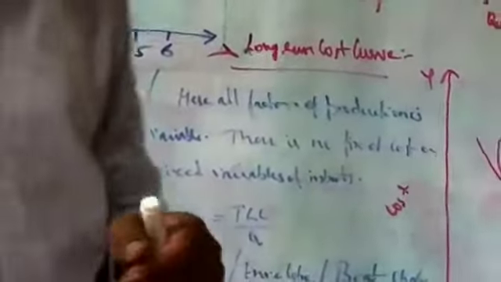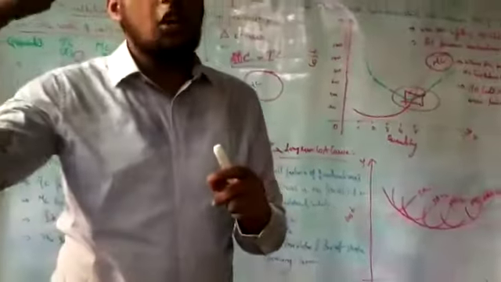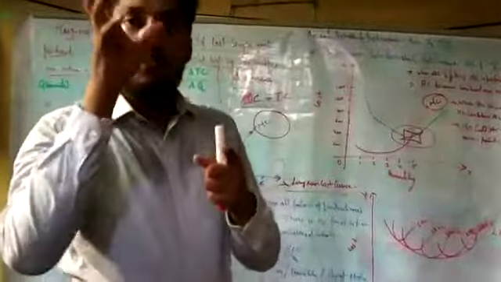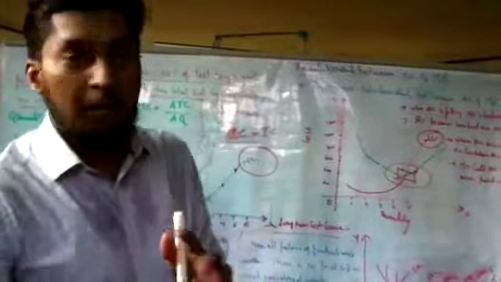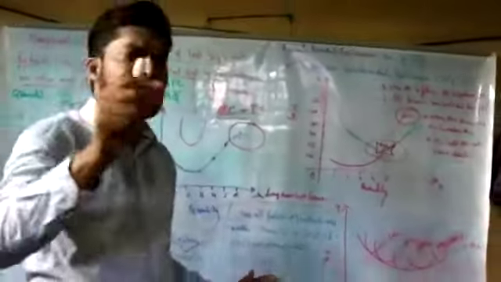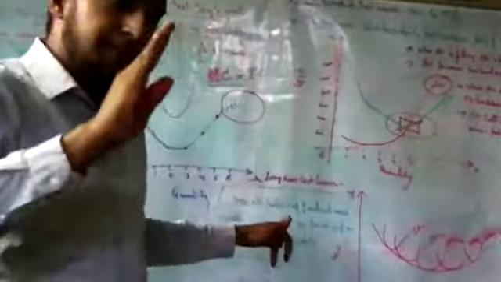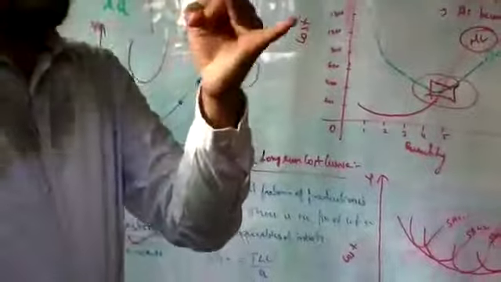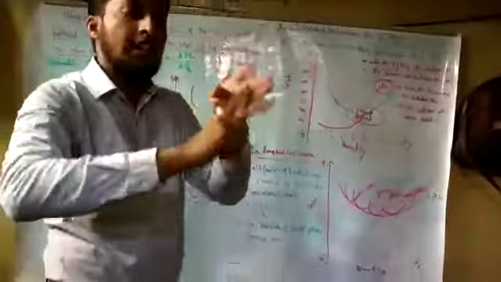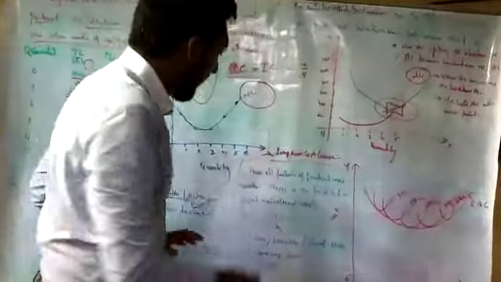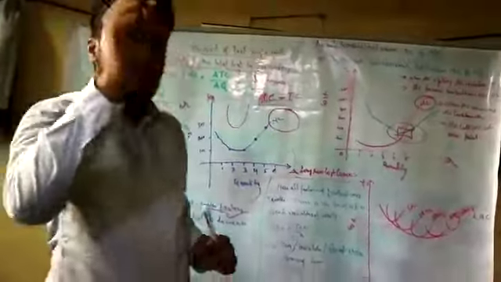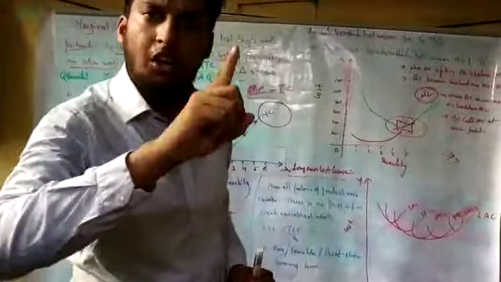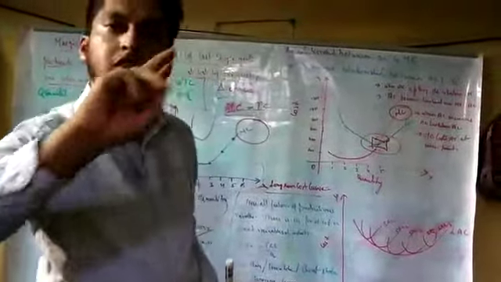In the long run, every factor will be changeable. But in the short run there is a fixed thing. So cost will remain fixed, production will remain fixed and the various aspects also will remain fixed. But in the long term, the first and more important aspect is that every factor of production, whether it's land, labor, capital or organization, will change. There is no fixed cost and no fixed inputs.